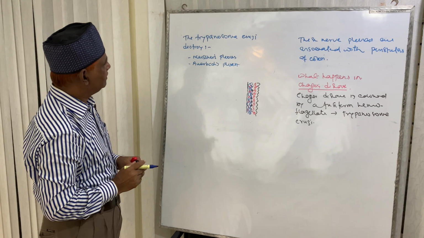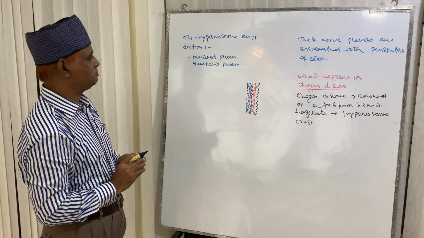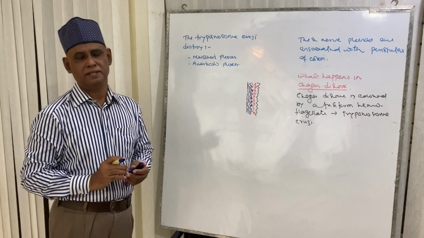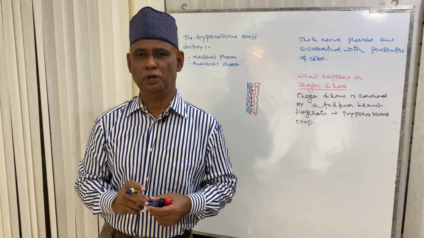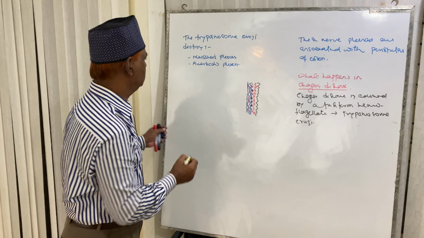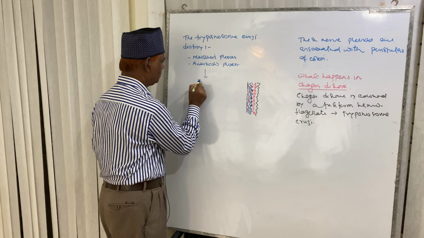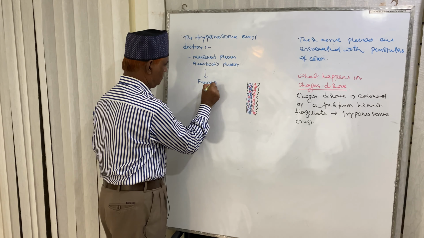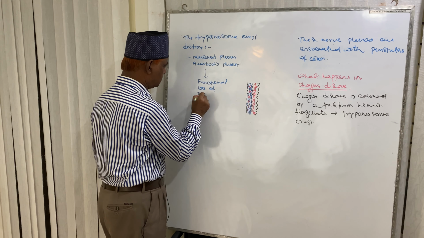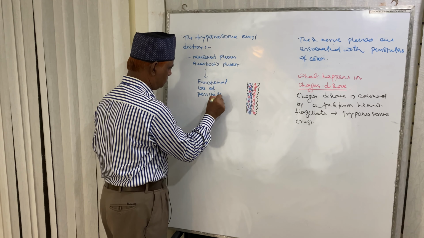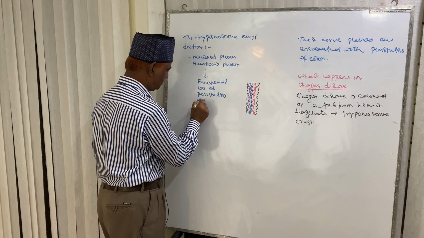As there is destruction of the Meissner's plexus and Auerbach's plexus by Trypanosoma cruzi, there will be functional loss of peristalsis of the colon. Suppose this is colon,